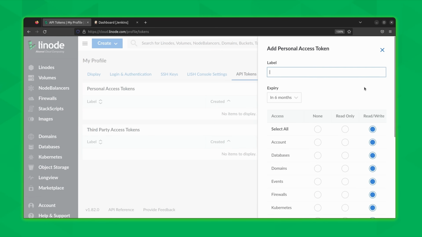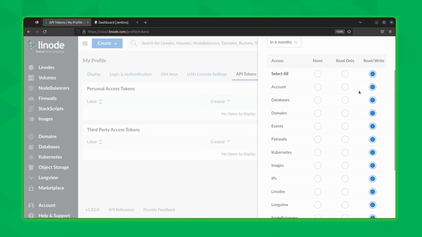And once this comes up, we'll give it a label. And I'll name mine Linode-Terraform-Ansible. And then if we scroll down a bit, we have some additional fields that we'll need to configure. By default, this particular API token will expire in 6 months. That means that anything we use this token for will no longer be able to use the token after that